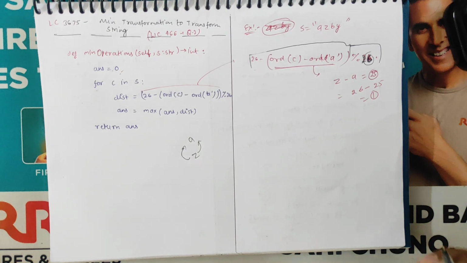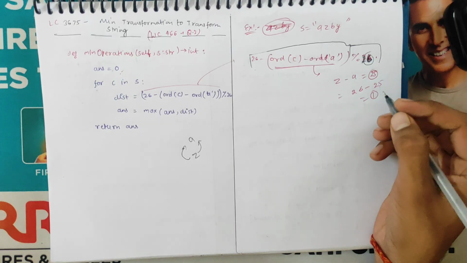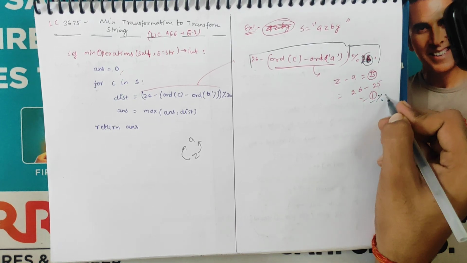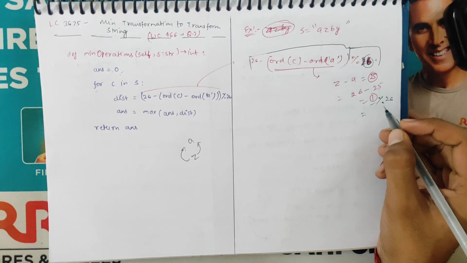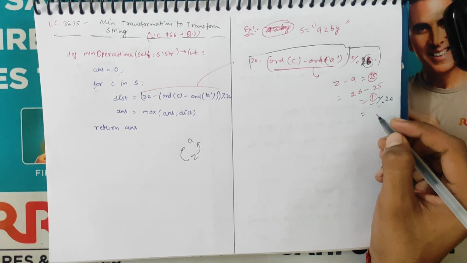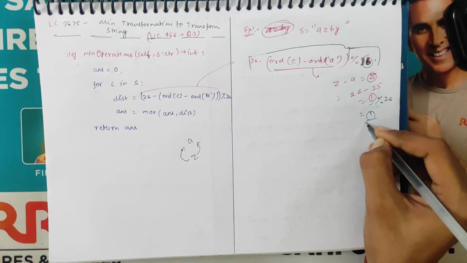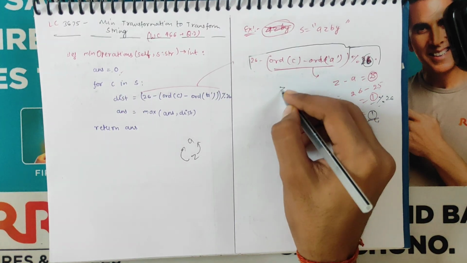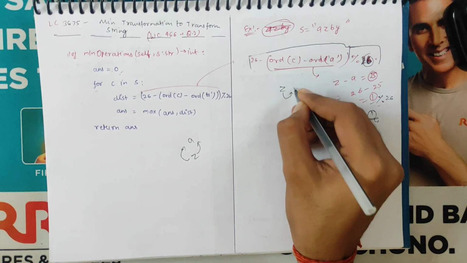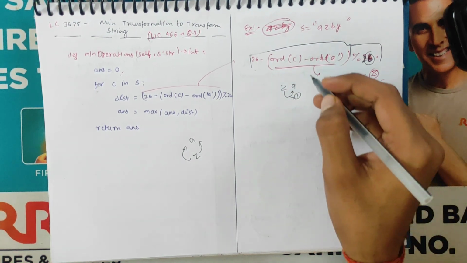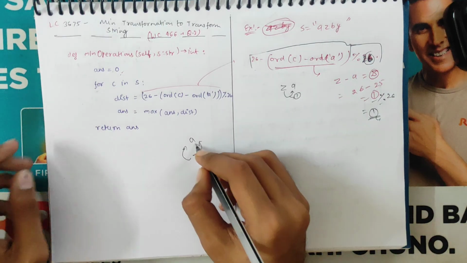So like for z, 26 minus 25 is 1, and modulo 26. Sorry, I keep saying divide all the time. It's modulo. Modulo 26 means again the answer will be 1. So what does it mean that we are getting 1? To reach a, the minimum path will be z to a, and that will require one step, one transformation. So let's dry run over this example.